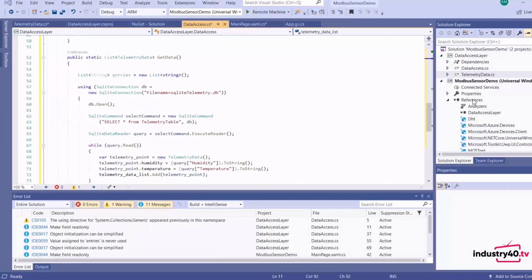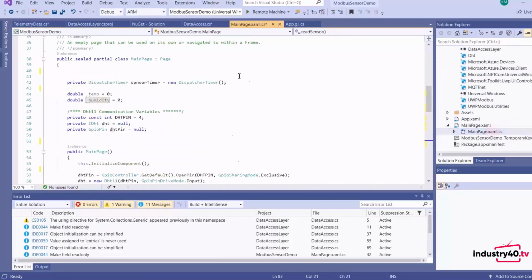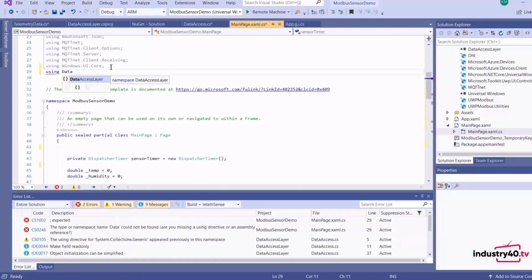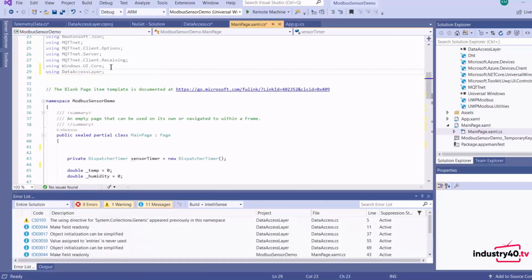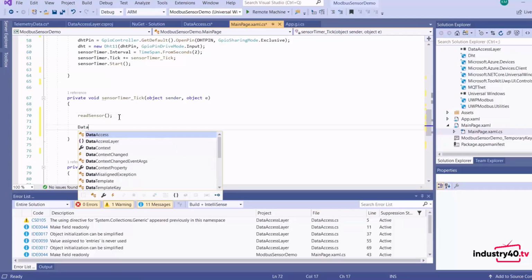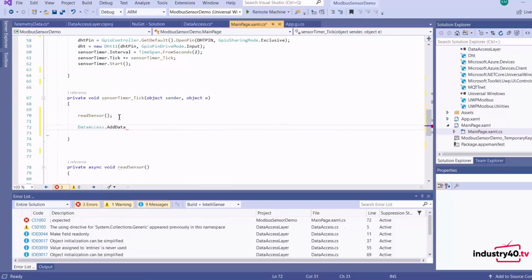Okay, now we go back to our main C# file, and here we must include reference to our data access layer. After reading our sensor value, we want to record that data in our SQLite database. So we use our data access class to add the data.